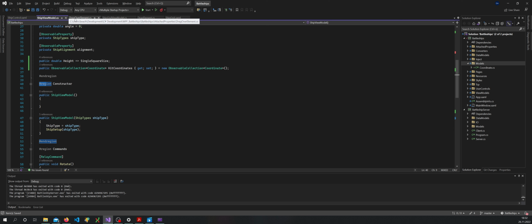Now, what are we gonna do now? Okay, so we got the hit coordinates, got our ship grid. Now we need to